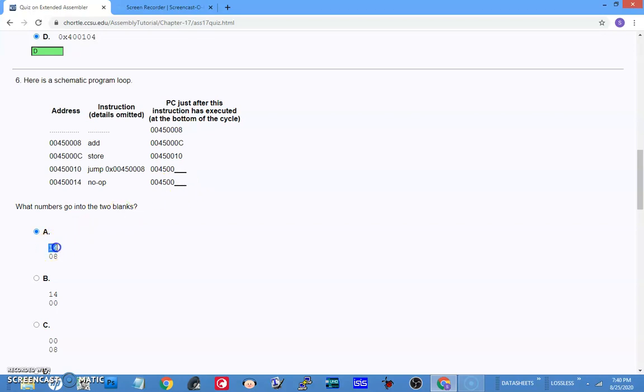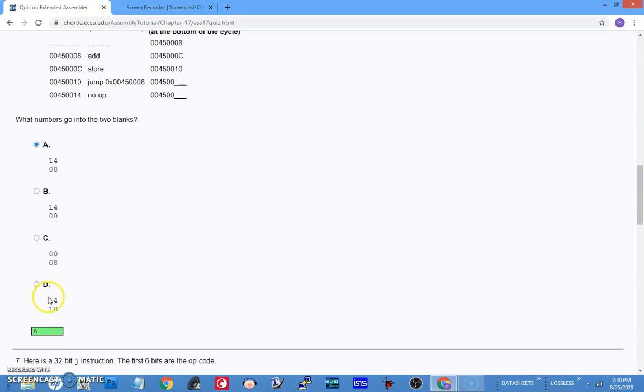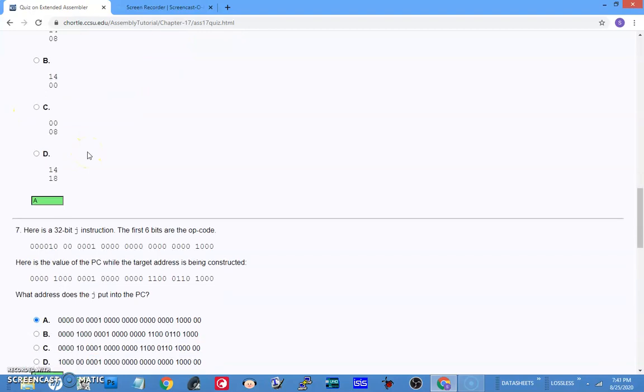So any option with 14 as the answer is correct. They have given it to be A, but I don't fully agree with this part because this instruction is not likely to execute, because from here you are jumping to this location. So this will be an indefinite loop here. It will never come to this instruction as far as I understand. You can give your explanation on that.